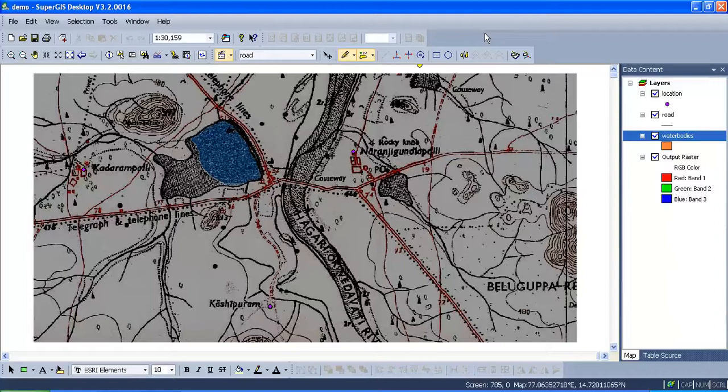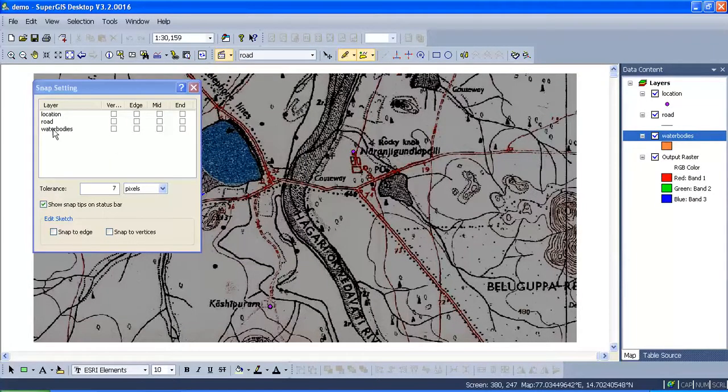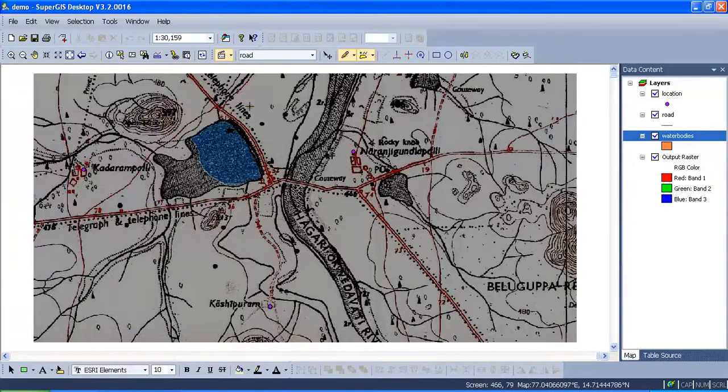These errors will not be present once the snapping tool is on. Now how to switch on the snapping tool? Click on this. Now snap setting. So I'm going to digitize the road network now. For that I'm going to switch on snapping for vertex, edge, midpoint, and endpoint. Now close this.